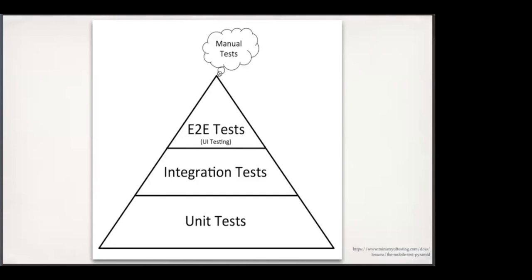And then we have our end-to-end tests. Typically, these tend to be UI testing, and they will make sure the entire system is up and running, and making sure that, if it is a web application, if it needs to insert something into a database, it does it, and it does it quickly. But as we can see, there's no mention of manual testing in the pyramid. It tends to be this afterthought, this bubble that sits above, and we go, oh yeah, we should maybe just make sure that things are working as intended.